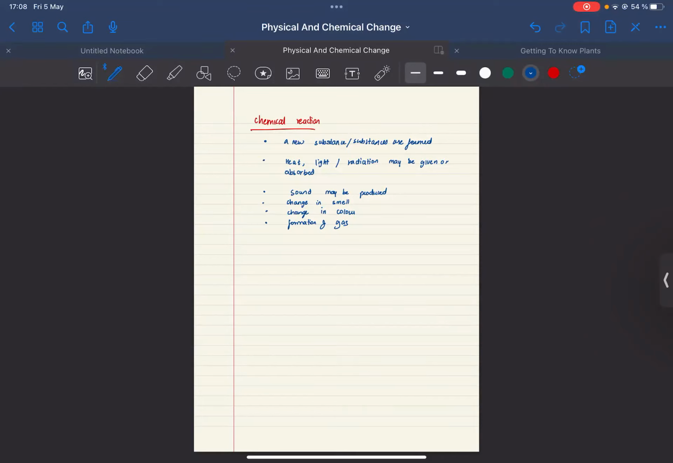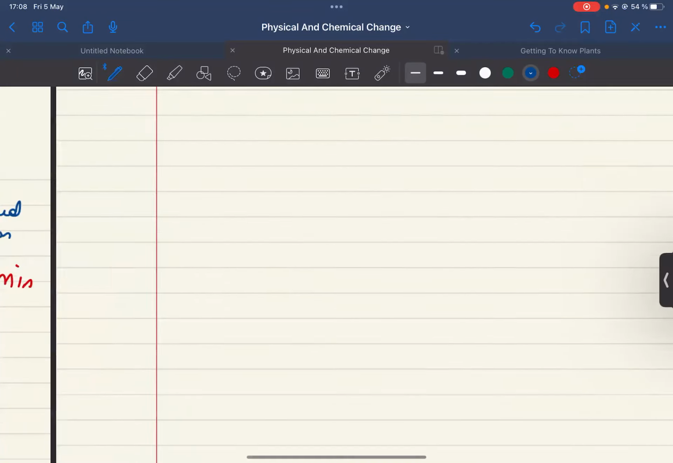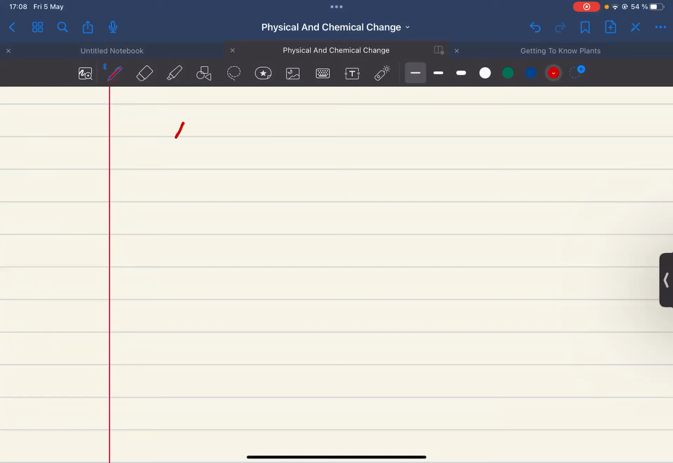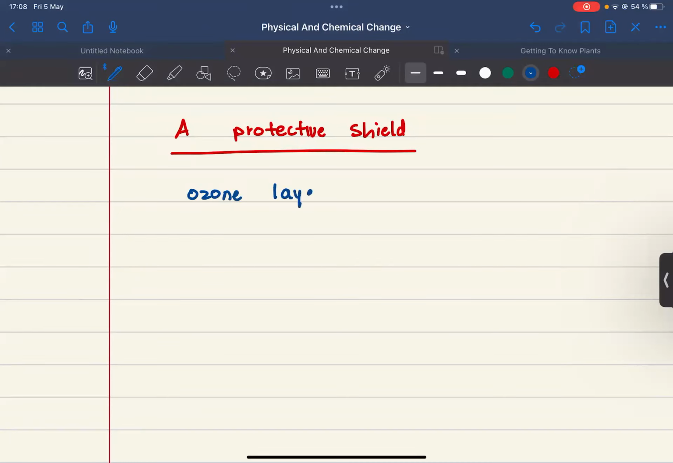Now we're going to see about a protective layer of the earth. We're going to talk about a protective shield. Have you all heard of the term ozone layer? Yes, ma'am. What is this ozone layer? Ma'am, does it prevent UV ultraviolet radiation? Very good. It protects us from the direct ultraviolet radiations produced by the Sun. So basically, it protects us from the harmful